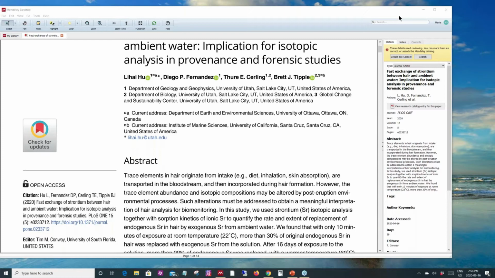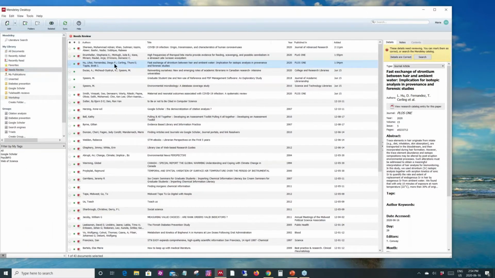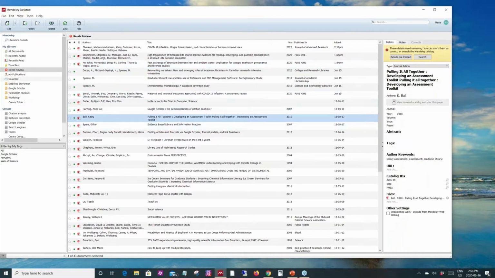So I'm just going to pause a little bit more so that you can try looking at some of the details and seeing how you can change them. Now, you can always manually add information yourself, but we're always trying to find ways of speeding up the process. So if I wanted to manually add something,